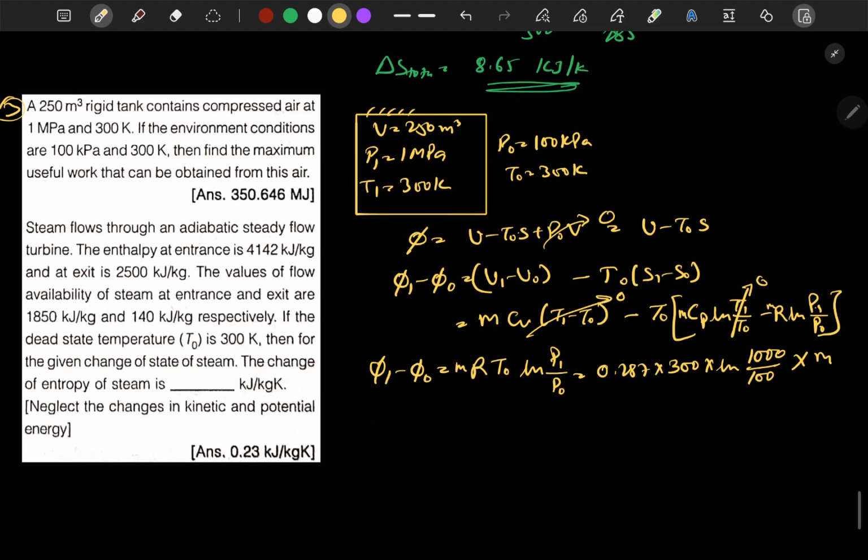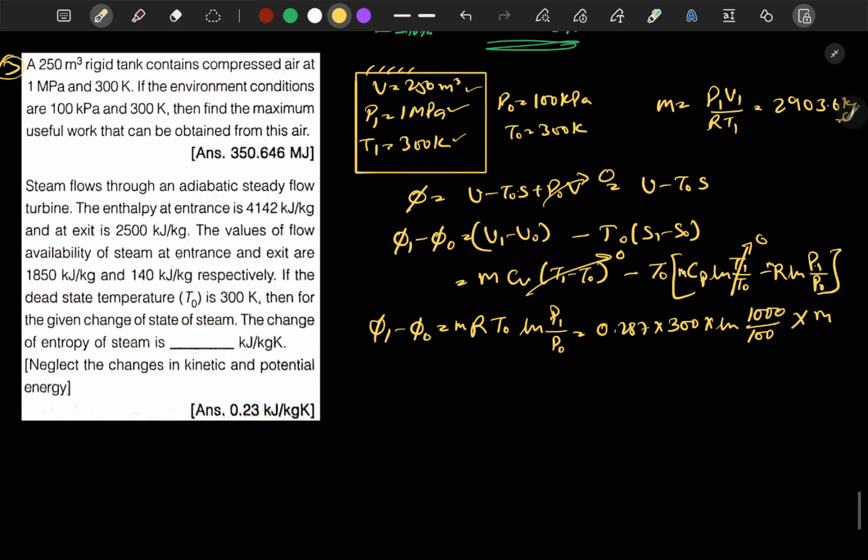To calculate the mass of the system, it is P1 V1 by R T1. P1 is 1000 kilopascal, V is 250, R is 0.287, and T1 is equal to 300. By solving this, we get the mass to be 2903.6 kg. Substituting this value, we get our phi 1 minus phi naught value to be